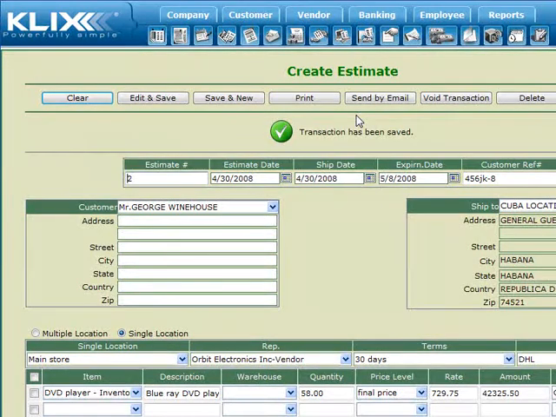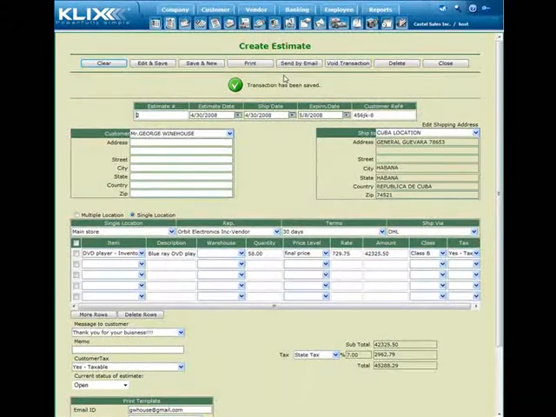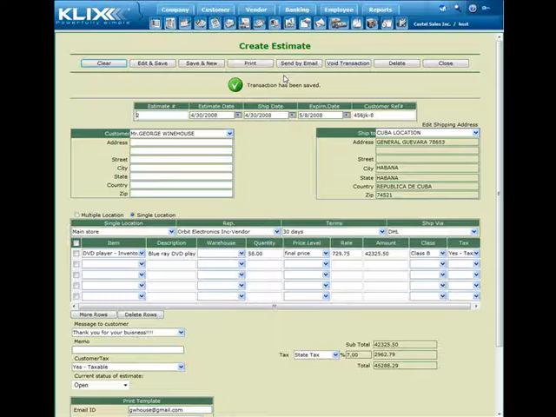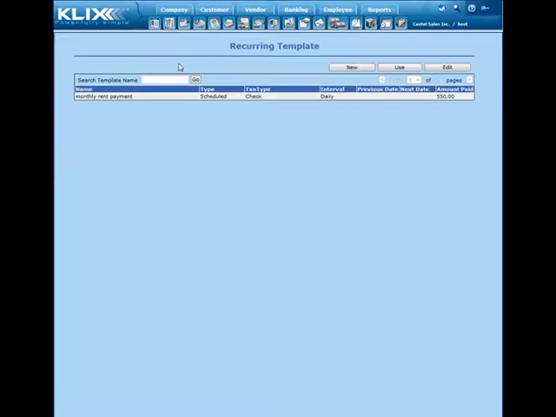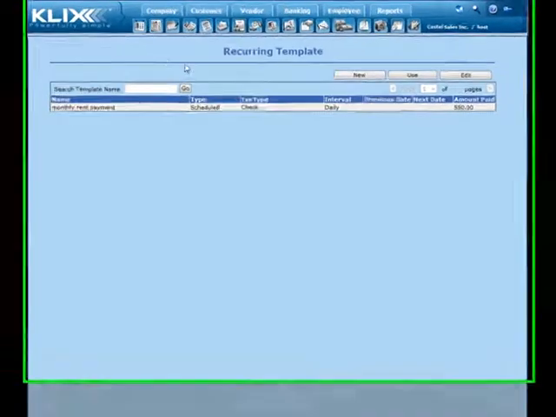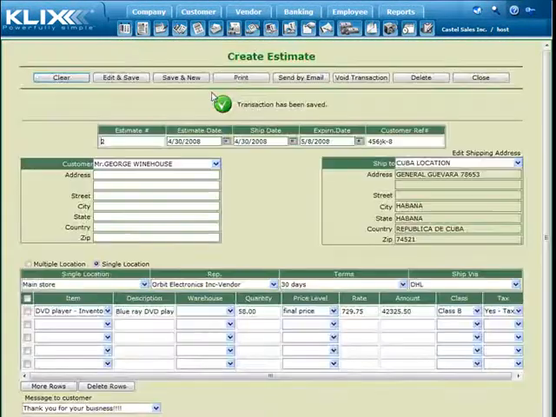If this estimate will be used repetitively for the same customer with the same terms, the same price, and the same goods, then you can assign it as a recurring transaction. This way, you will not have to enter the information every time you need it. To do this, go to the Company module and enter Recurring Templates. From there, you will have many options that you can select and use anytime you wish. Once an estimate is saved, you can edit it from within the system, and once saved with all the parameter changes, this estimate will then be at your disposal to call and use as a sales order or an invoice.